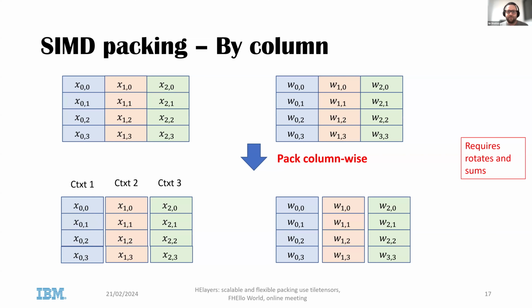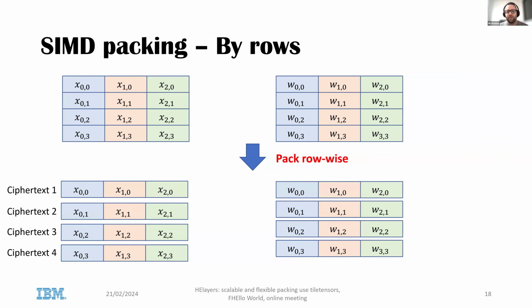Alternatively, we can pack the data using rows. So every row is going to be packed in a ciphertext. Once we pack every row in a ciphertext, then we can basically still use one multiplication to multiply the data, but we then need to add these ciphertexts instead of doing the rotation sum algorithm, and therefore we don't need to do any rotation in this computation. So we see that using different packing